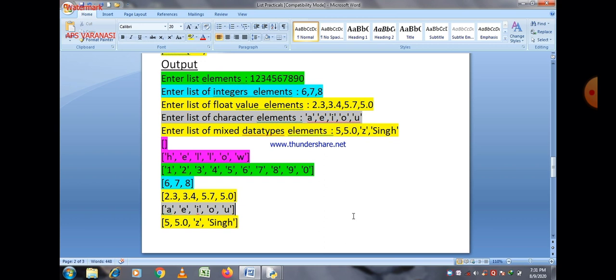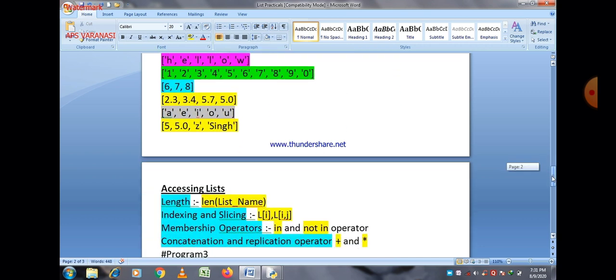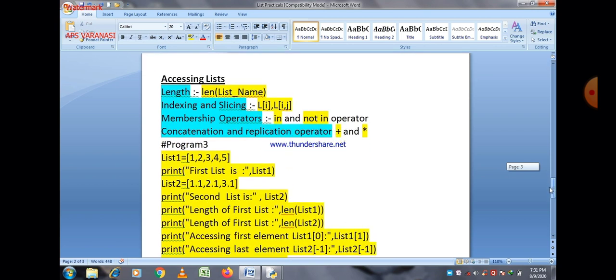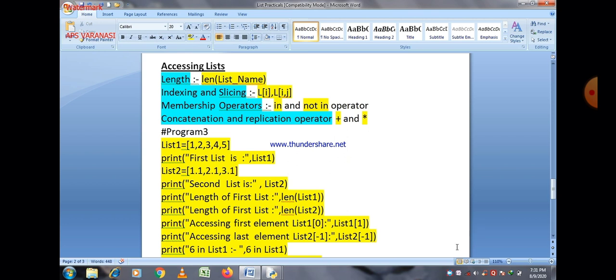And in the last example, which is very important, we give different types of elements within a single list: 5, 5.0, jet, sing. So one value is an integer type, the second is float, the third is a character, and the fourth is a string. And we can easily see that all are considered as they are. And always remember that, according to the definition, a list contains different types of data items, and they are mutable also. It means that we can change the items of a list.